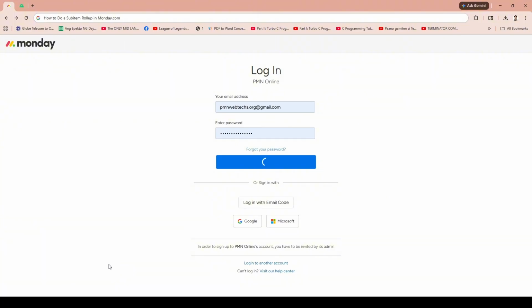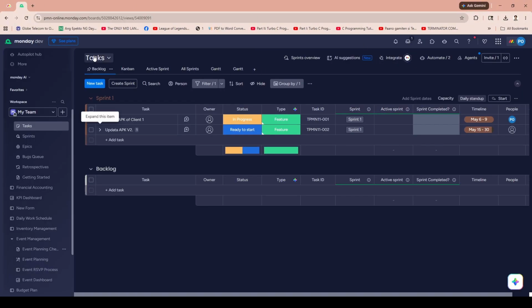If you're using Google for login, select the Sign In with Google option. Alternatively, if you prefer, you can manually enter the email address linked to your Monday.com account. And here's a tip. If you have multiple Google accounts, ensure you select the right one to access the correct workspace. With your login complete, it's time to move on to the board where you intend to apply the subitem